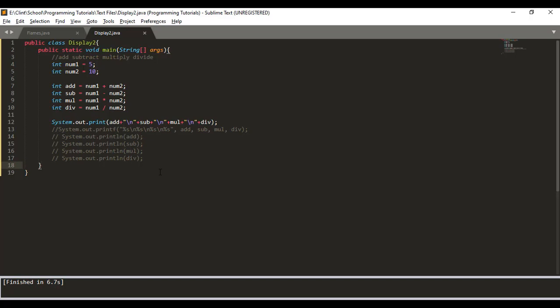Today I'm going to be teaching you how to use a scanner. A scanner is used when you want some input from the user. So how do we use the scanner? A scanner is already implemented in the Java library. In order for you to use the code in your Java program, you need to first import the scanner from